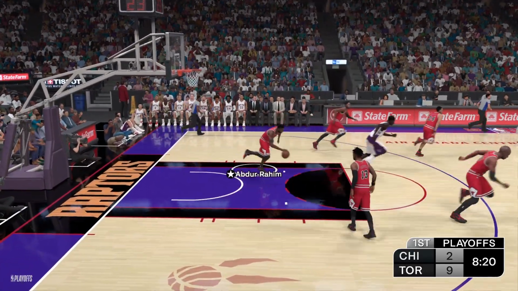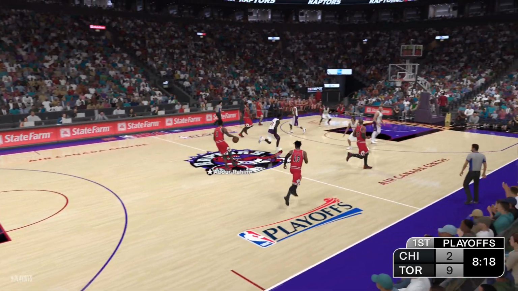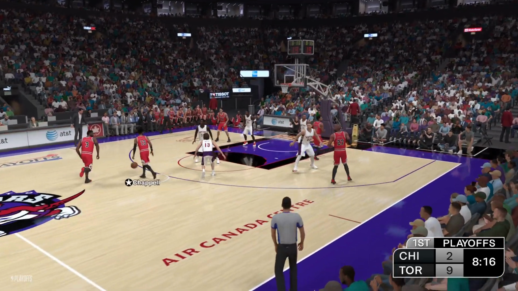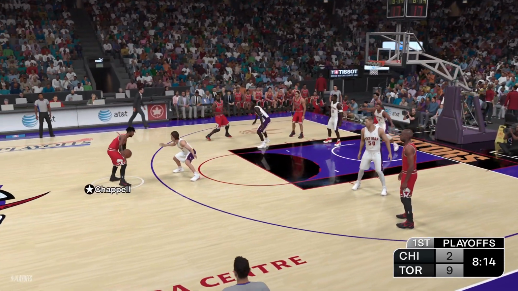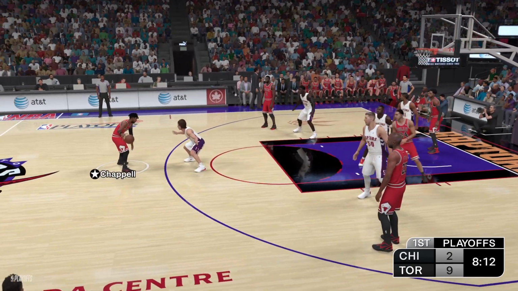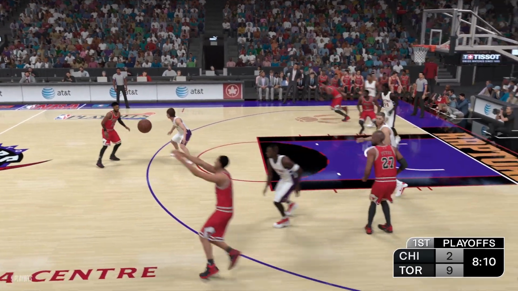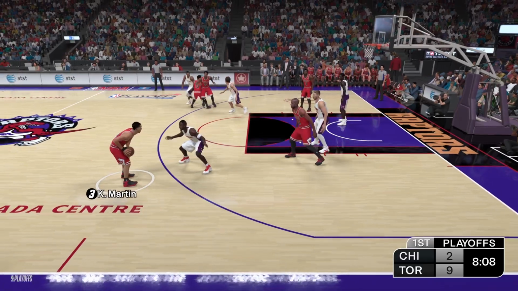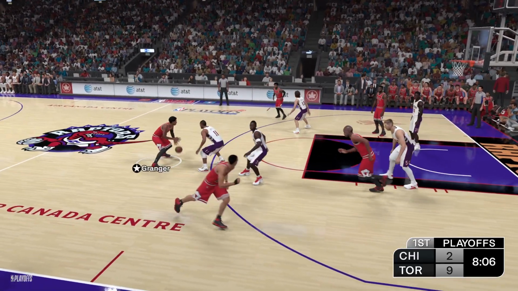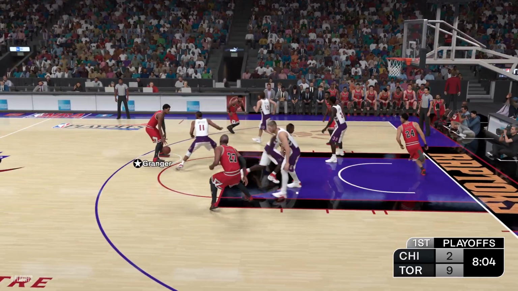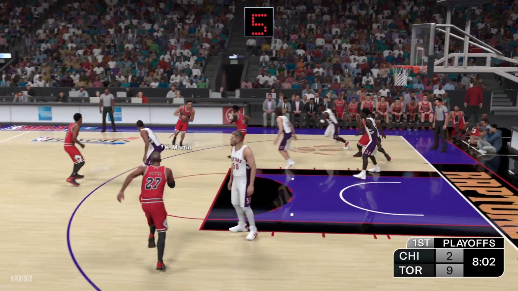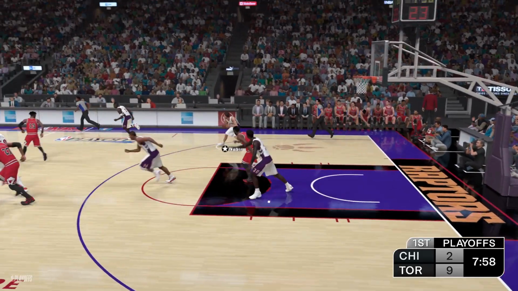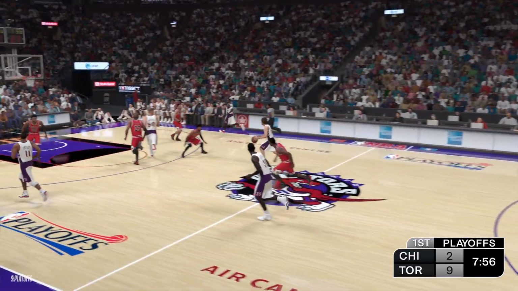Chicago grabs the miss. Abdul-Rahim passes to Chappelle. Pass to Martin. Now here's Granger, covered by Artest. Back to Martin. Can they get it? No good that time. Raptors leading by 7.